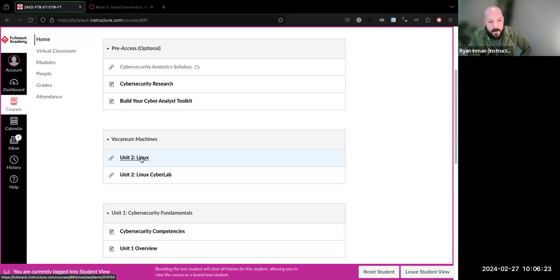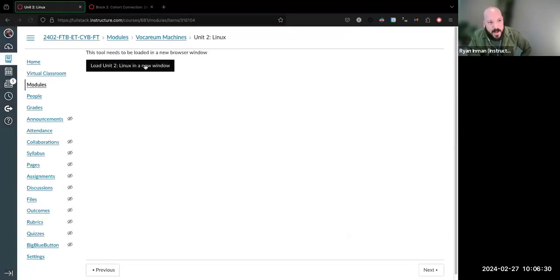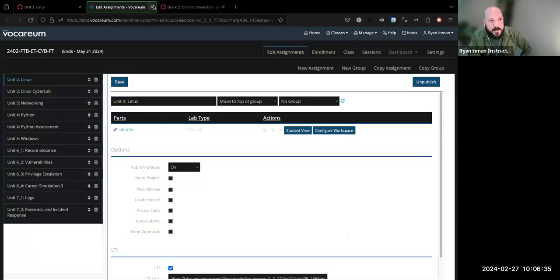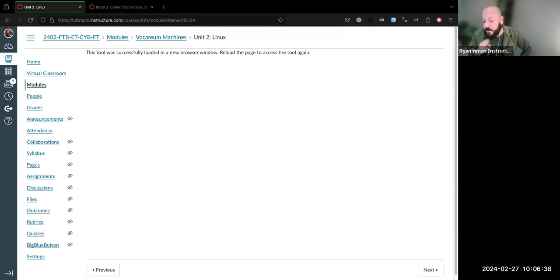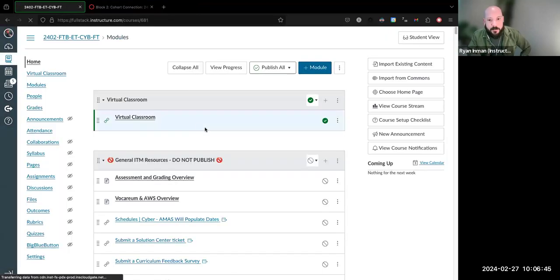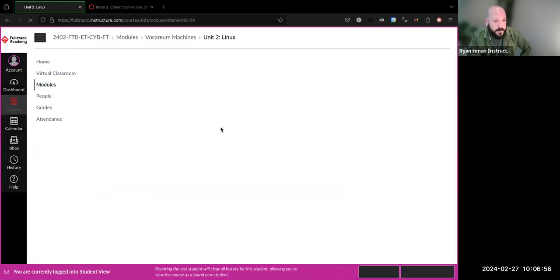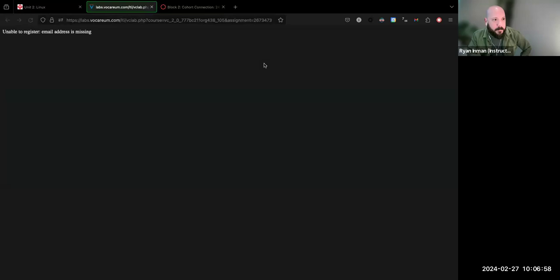With that being said, the Linux machine is the one that we'll be working in for the cohort connection and for the demonstrations this morning. So if you click this Linux lab, it's going to ask you to open this machine in a new window. And you should not see this window. It should pop you straight into the first window that's going to ask you to accept the terms, the agreement terms. Just go ahead and fire that up. And you should see a V start spinning. I think I should be able to get to it this way quickly. I have a machine already running, but